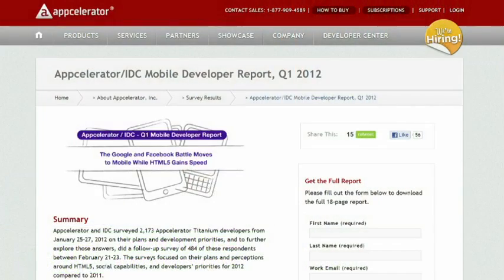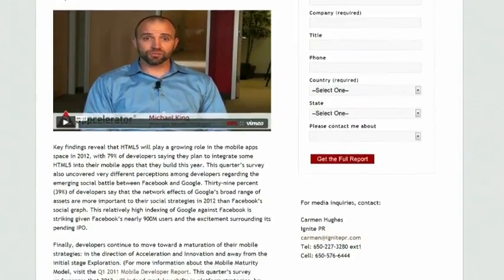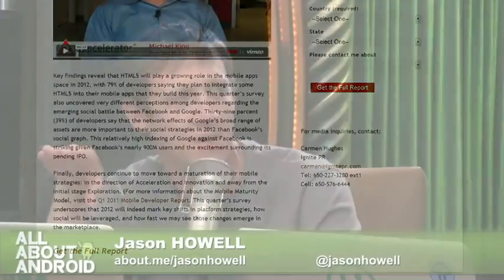Yeah, it should definitely be noted that Appcelerator, one of the entities putting on the survey, certainly has a lot to gain by promoting HTML5 because they develop development platforms for that type of stuff. But yeah, I agree with you guys. I don't necessarily think that it spells this quote unquote doom and gloom for the Android ecosystem. HTML5 isn't at a point right now where you could write for it and it works on anything that's HTML5 capable. I think maybe eventually we'll get there, hopefully. But right now it allows you to extend things and possibly future-proof yourself a little bit.